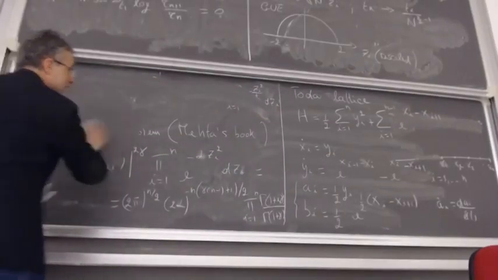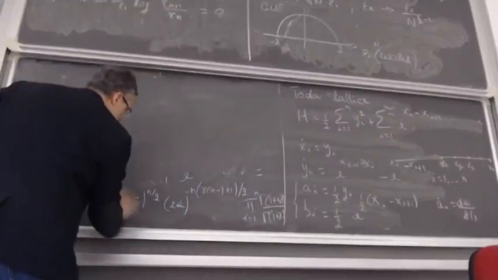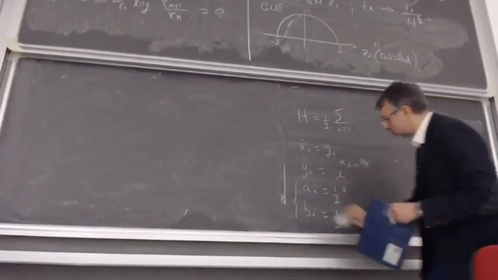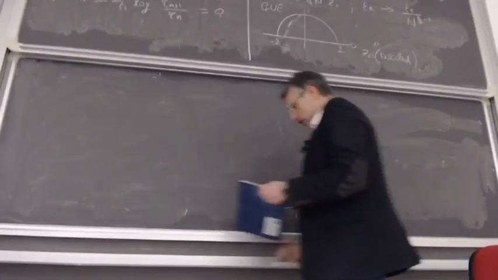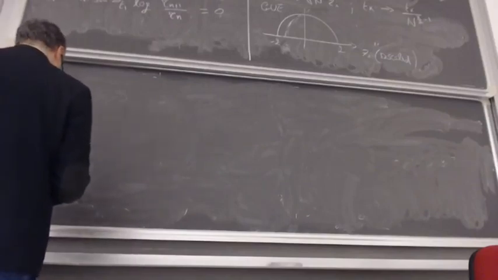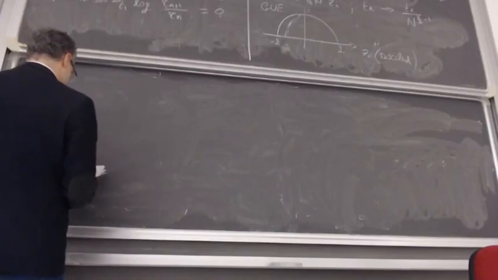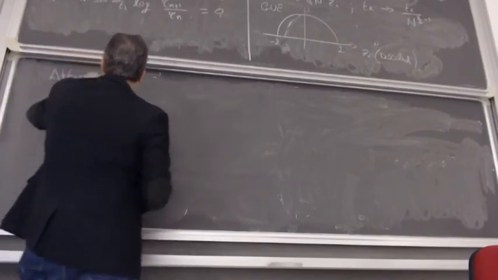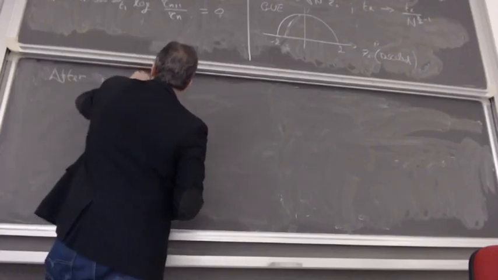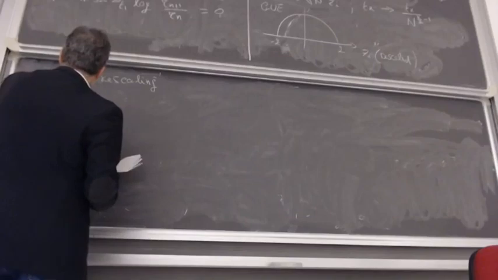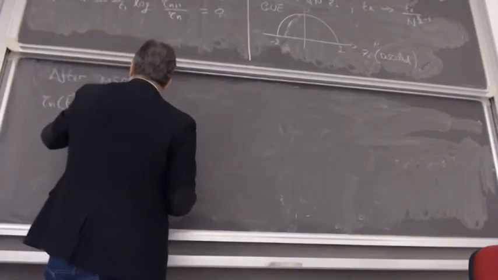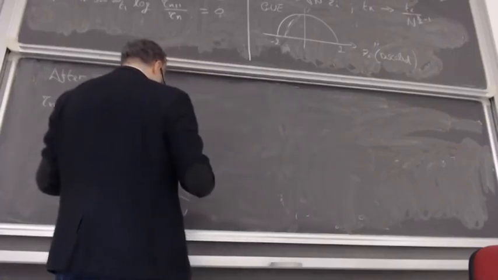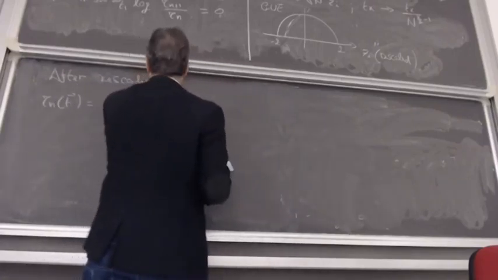What we need to do now is to implement this notation. I will write the result. After the rescaling, the tau function Tn of t will read as 1 over n factorial, square root of n to the power n squared,